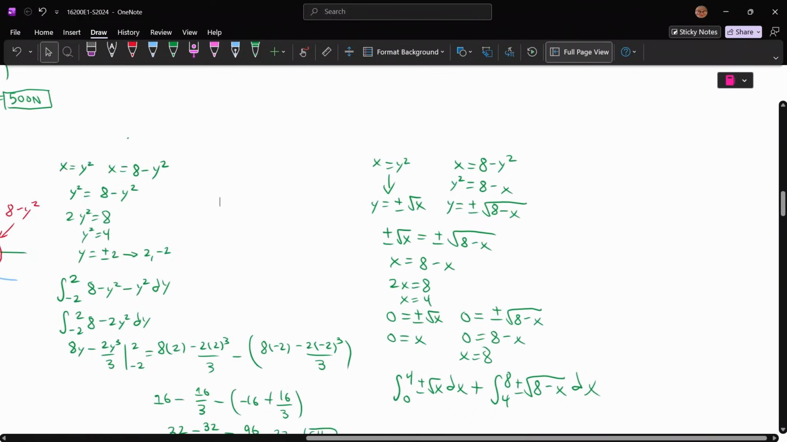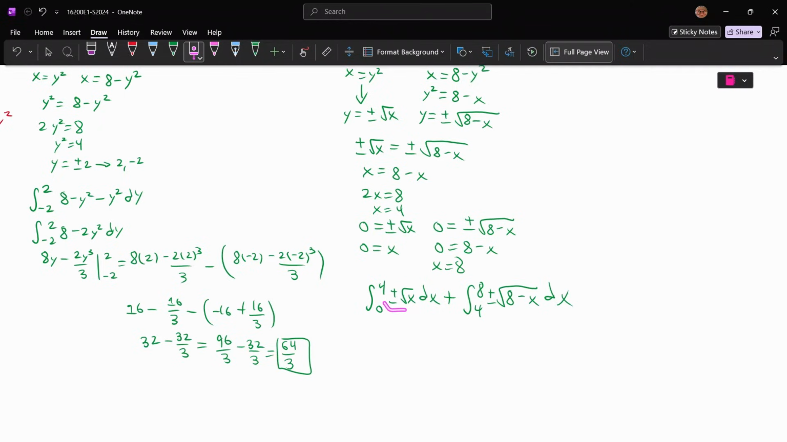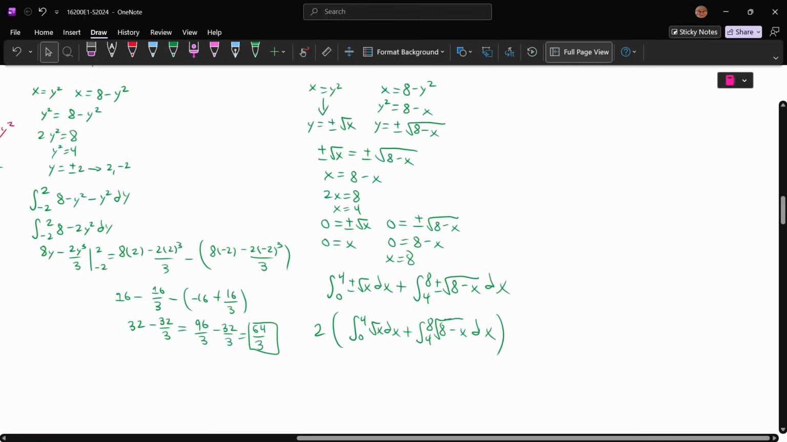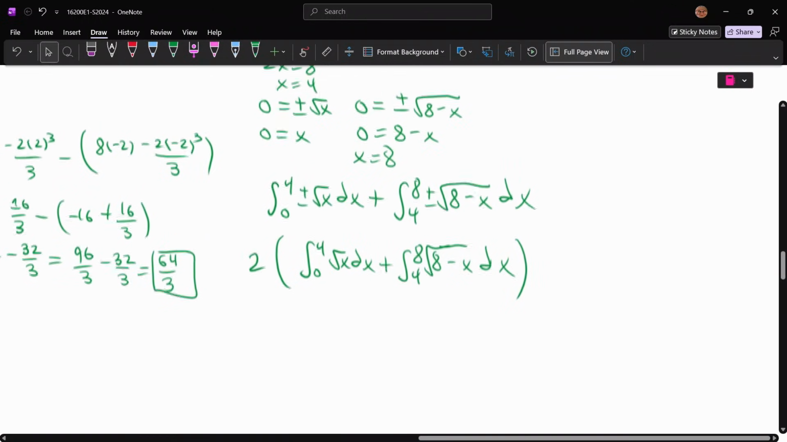And so what we're going to have to do is double this to get the correct answer. The double will get rid of the plus or minus and allow us to actually integrate this. So we'd replace this really ugly expression with 2 times the integral from 0 to 4 of the square root of x dx, plus the integral from 4 to 8 of the square root of 8 minus x dx. From here, you can compute this, but it's going to be rough. So simplifying and rewriting this, you should end up with